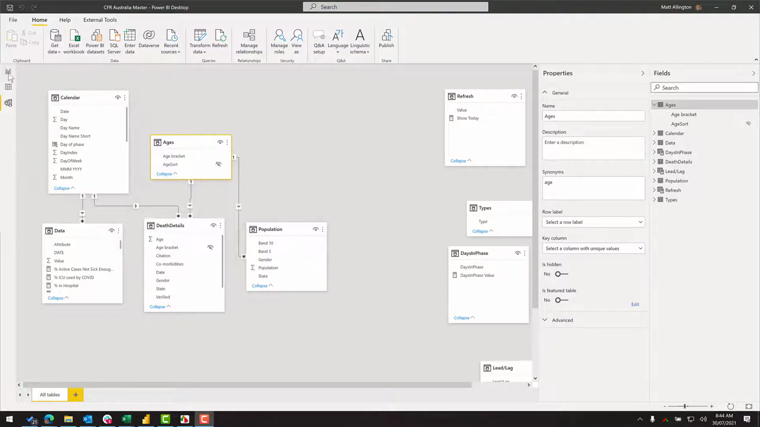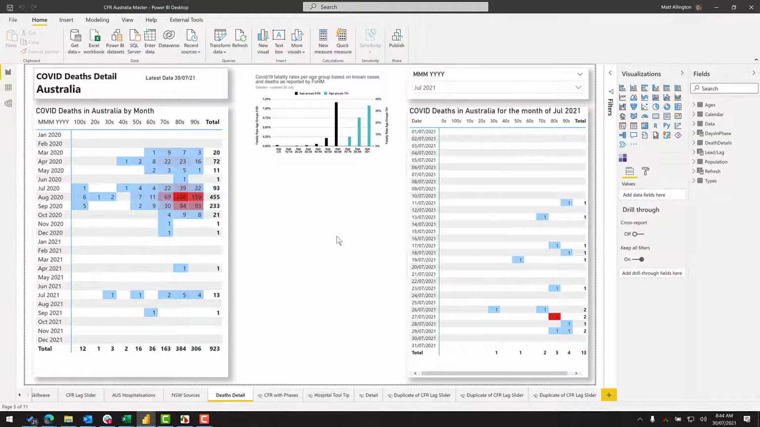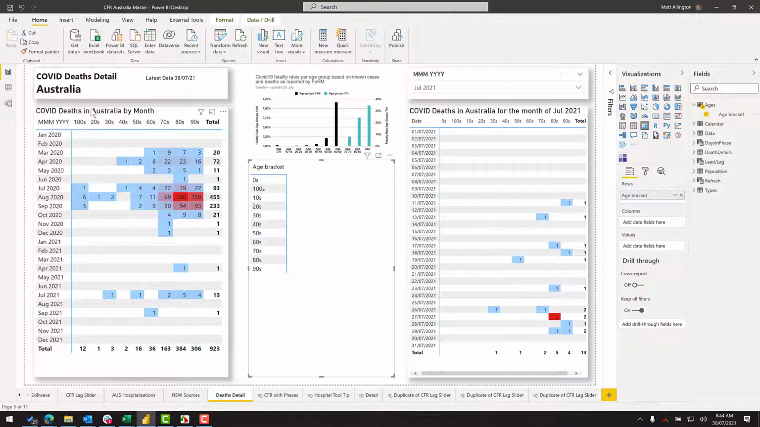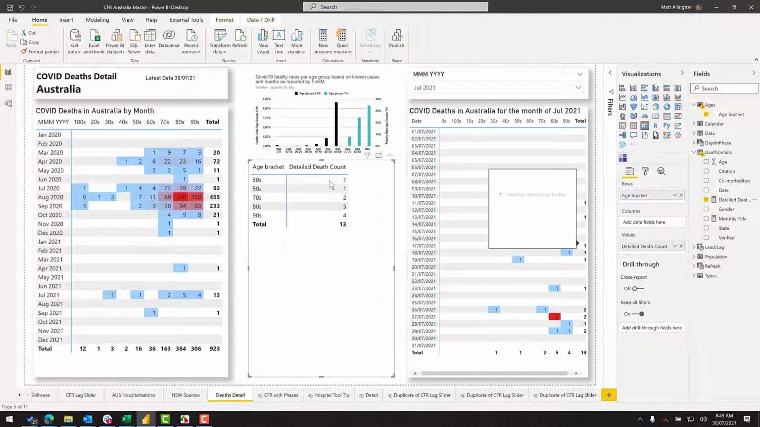Okay, so let's go over and have a look at some visualization here. So whenever I do this, I just like to start with a matrix. I'm going to bring my age bracket into my matrix, and I need this death data. So I'm going to bring in the detailed death count. And so these are the numbers. Now I've actually got a slicer here which is impacting this visual, and in this case that's exactly what I need